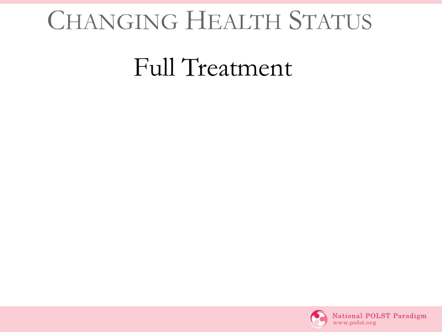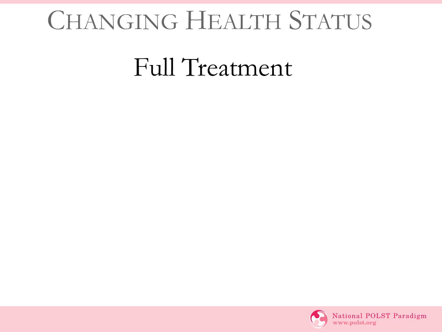Again, emphasizing the dynamic nature of the POLST form. A patient may start wanting full treatment, which is really our standard of care. So for patients who are seriously ill or frail, they may use a POLST form to emphasize that this is in fact the treatment level that they want to receive. And this can help alleviate surrogate burden or any confusion among family members or clinicians about what the patient may have wanted.